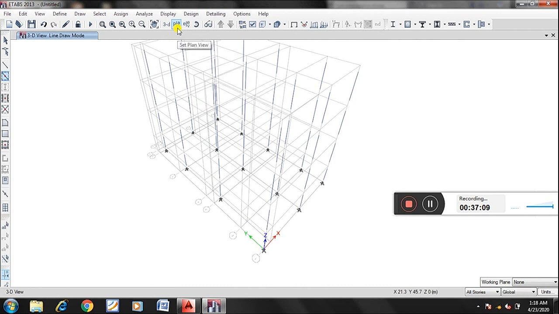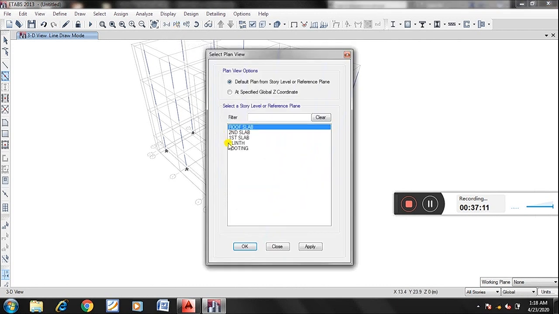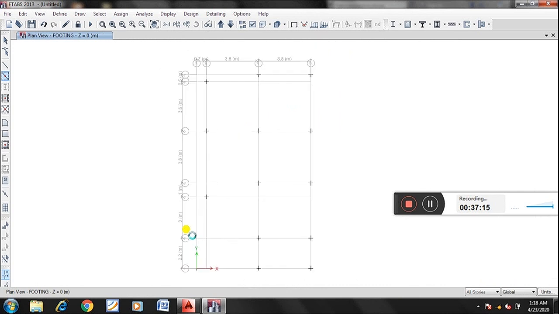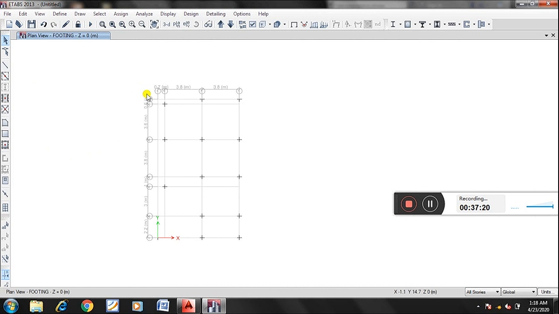Okay, I'll go to the plan, plinth level. So now at the bottom we have hinge support. Now what I will do, I'll change all the hinge support into fixed support. So the supports are there, the column locations, I'll change it to assign, joint, restraint. I'll go for fixed support.